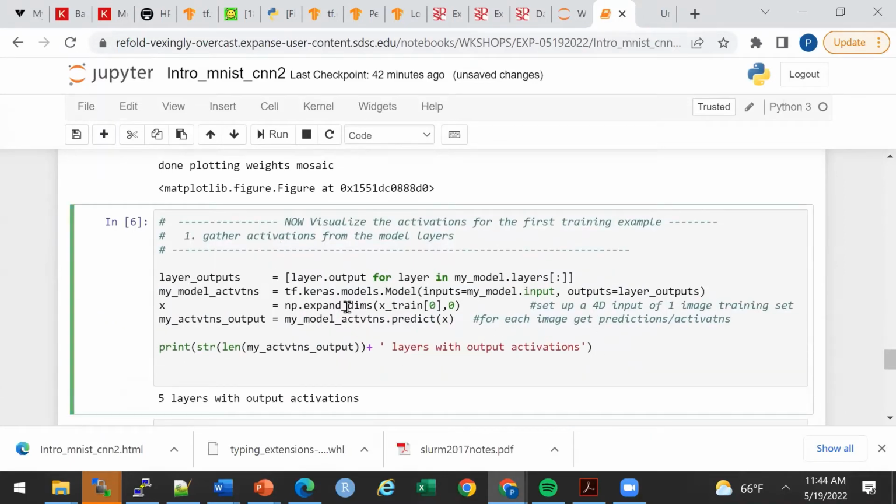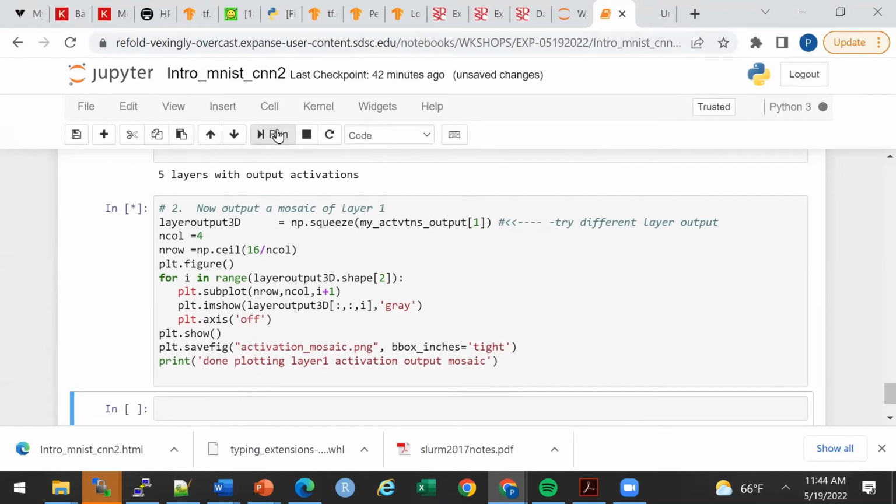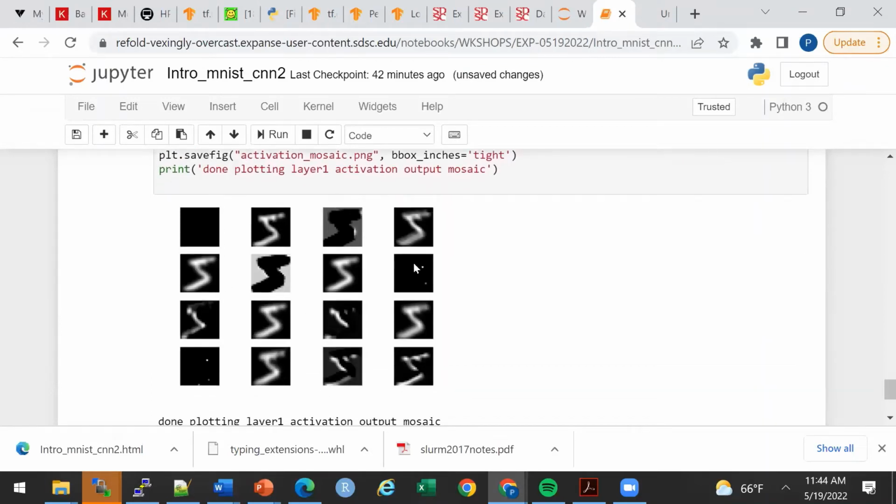You could look at the activations. Keras has ways, when you run the model, to save outputs. So I gather the outputs, and I'm just going to plot them in a mosaic. That's what this code is for. This is the activation of the convolution layer. These are my 16 feature maps, because I asked for 16 filters. You can see it takes the input, which in this case was a number 5. Some of these feature maps don't really transform it too much. Some transform it quite a bit in different ways. Some seem to really just highlight one part of your input.